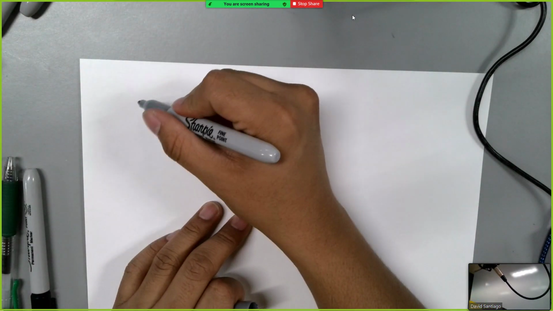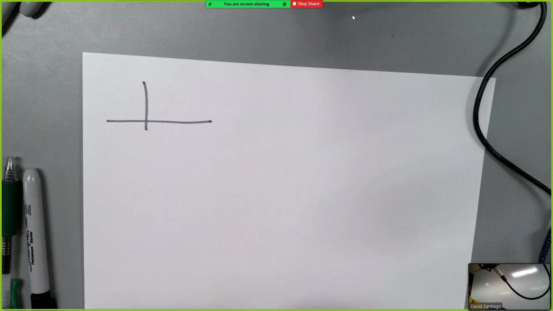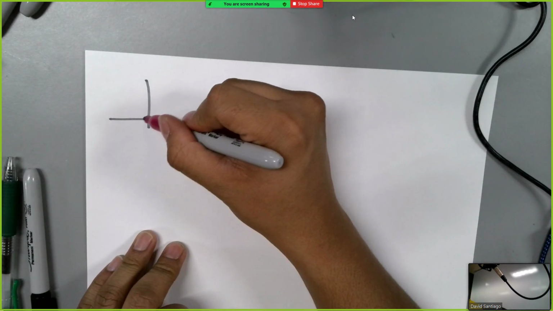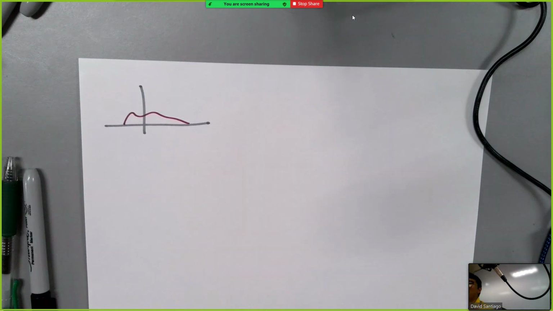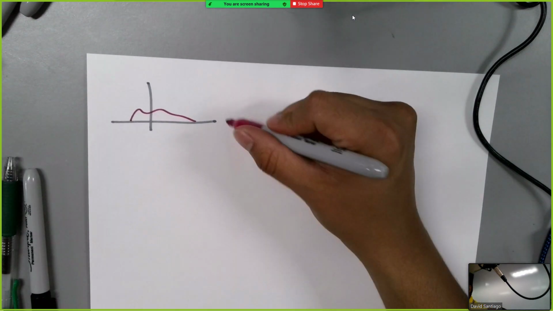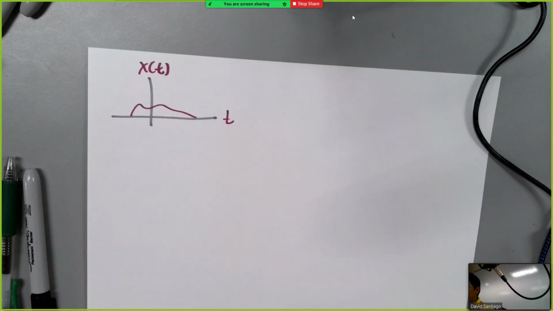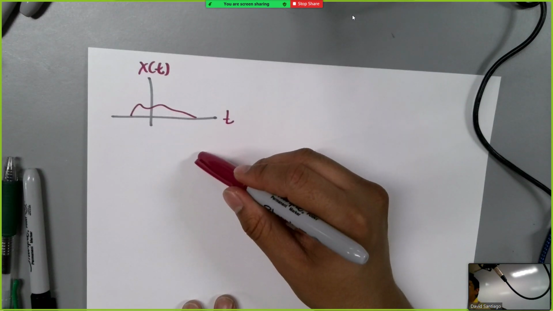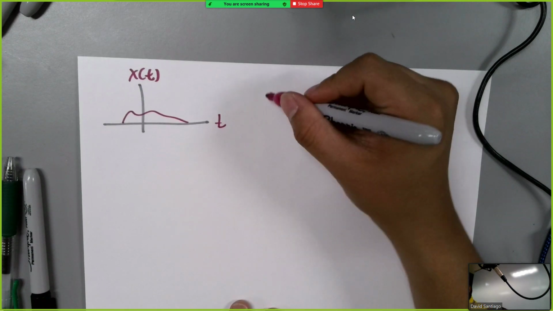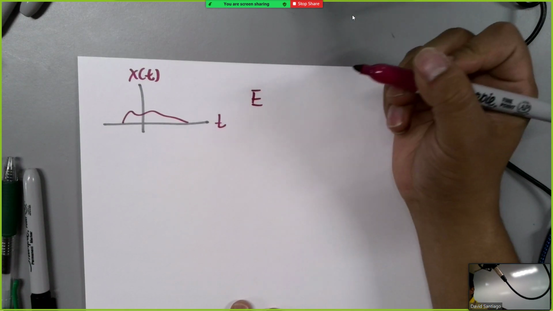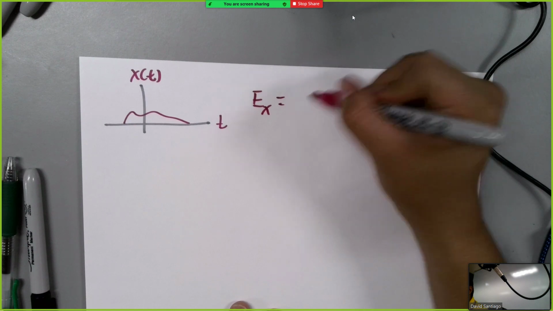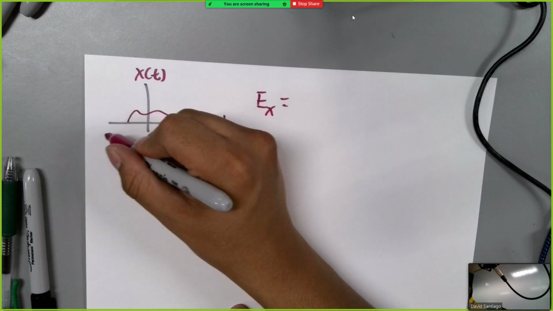So if I were to draw the following, let's do the following signal. Yeah, there we go. You like that signal? Pretty fun? X of t. All right, we're about to derive this equation. So I know this is an energy signal, you probably don't. But what we're going to do is, the energy of x is equal to, we're going to add every point,